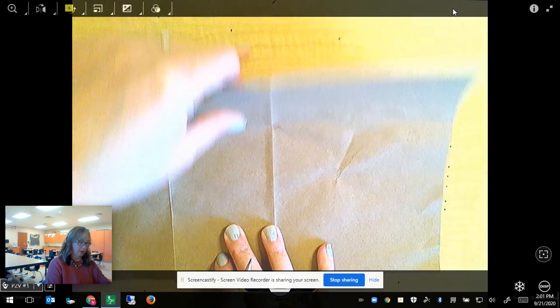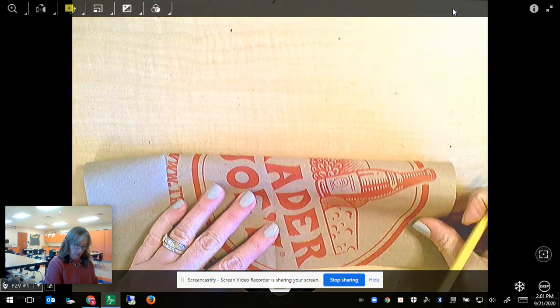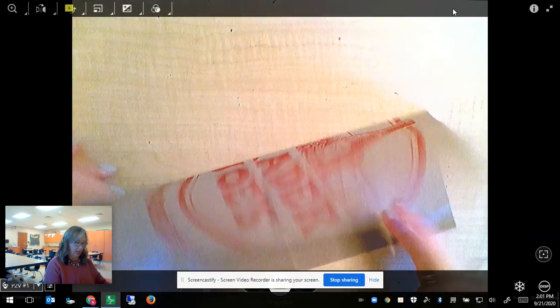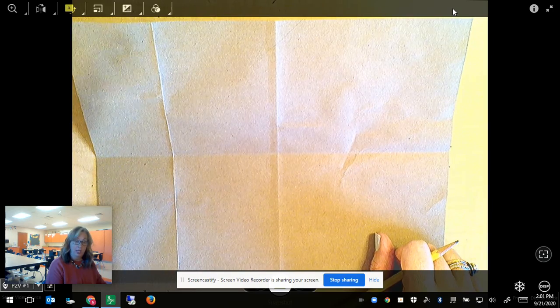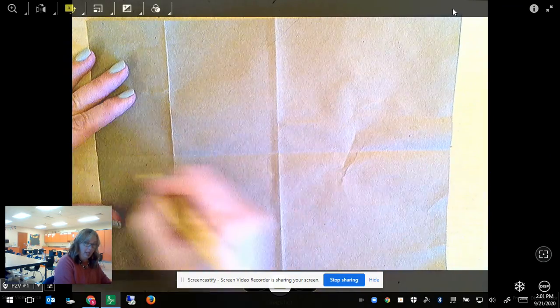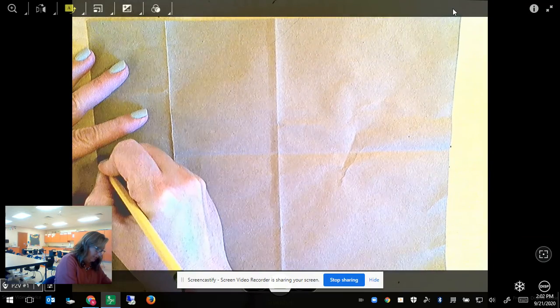Then step number 1 is to fold the paper. So I'm going to fold the top down to meet the bottom. Make a crease, and then I'm going to open it up. Now that could be my straight horizontal line for the horizon line if I want to. So if I wanted a straight horizon line, I could just go ahead and draw right over that. If I don't want it to be straight, like I think I want it to be curved, I'm just